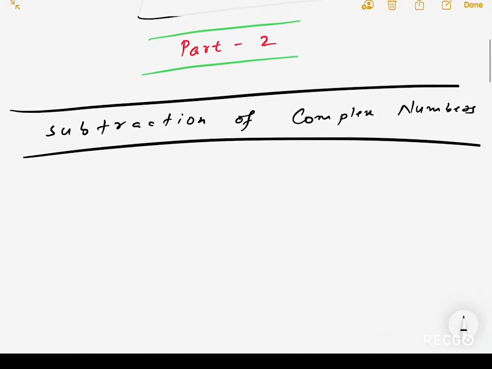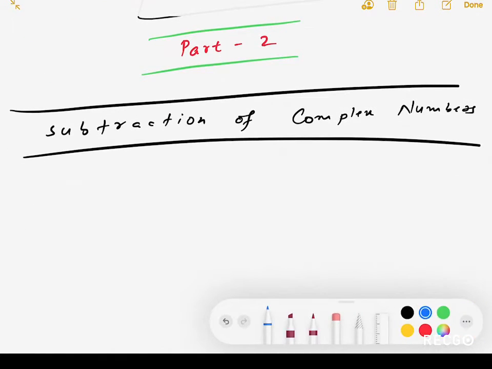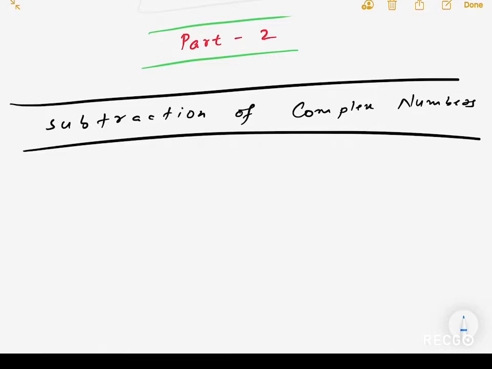Suppose that there are two complex numbers, Z1 and Z2, right? And we have to find the difference of the complex numbers Z1 and Z2. So let's first write it. Suppose Z1 is equal to x1 plus iota y1 and Z2 is equal to x2 plus iota y2 are two